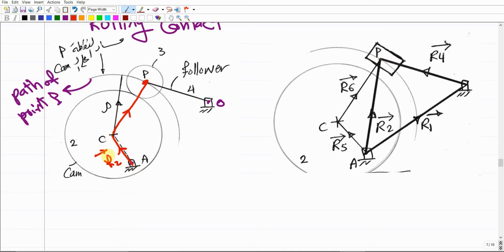R2, its time derivative twice, is going to give us the velocity and the acceleration components of the cam itself. It means that R2 defines the cam, and R4 defines the follower itself. This is the R4 vector that will be set up between point P and point O. And this makes sense because we have this follower with a fixed length R4, and this point B